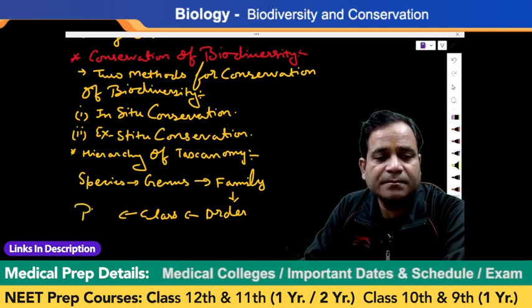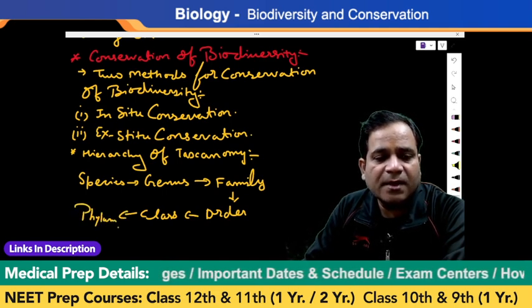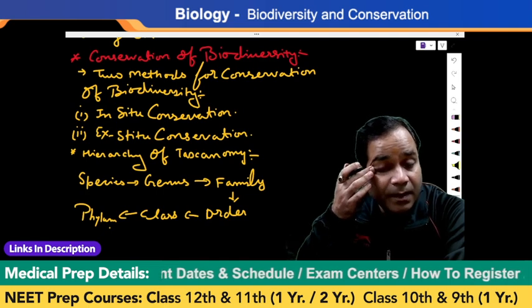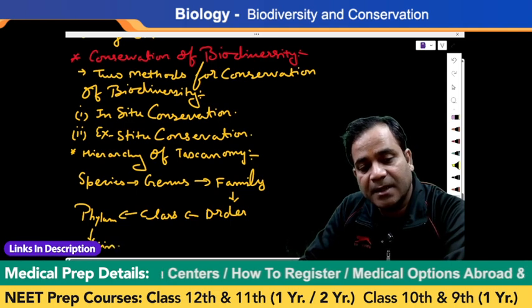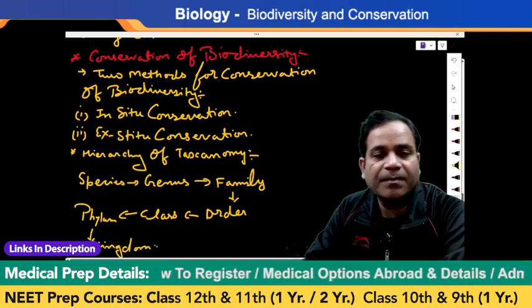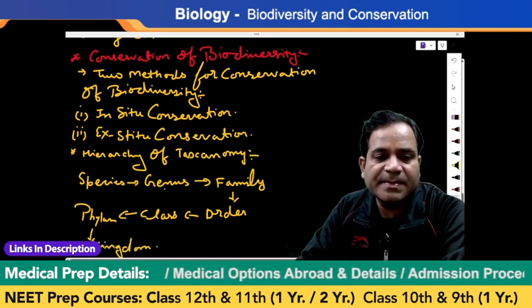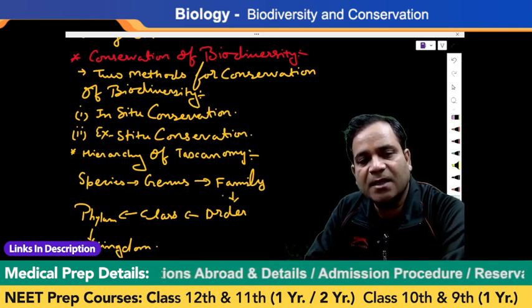Then after class, what? Phylum. A group of phyla to form what? Lastly, that is what? Kingdom, right? So see, a group of species forms genus, then family, then order, then